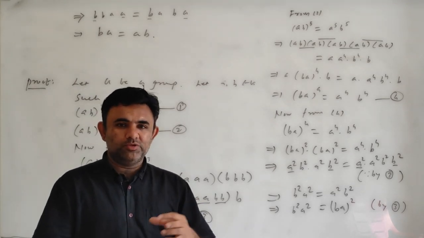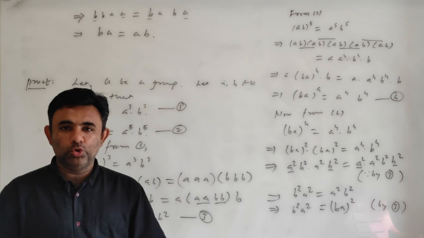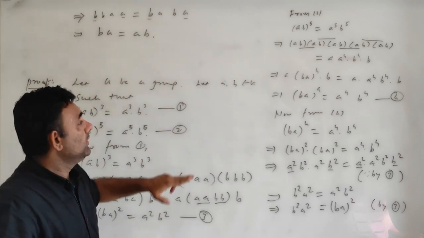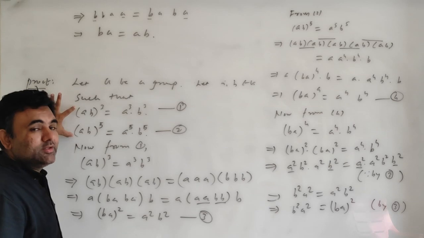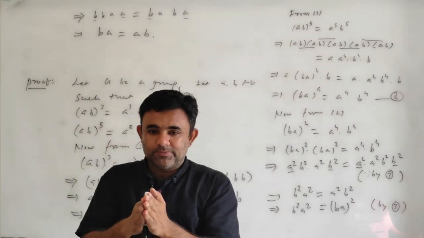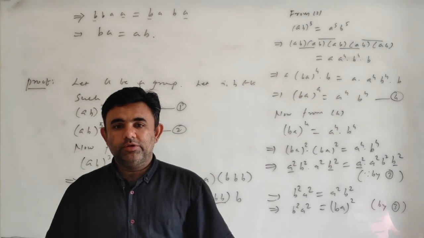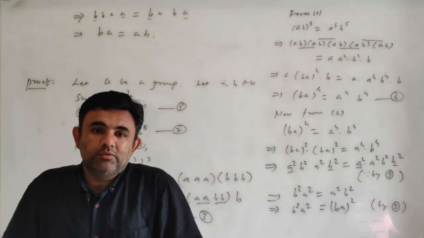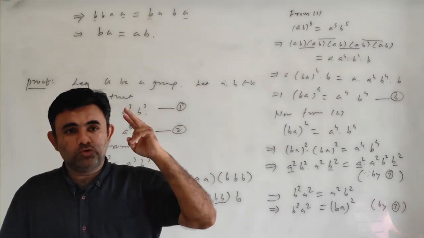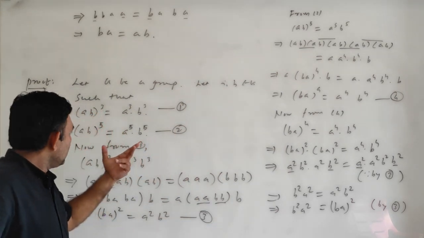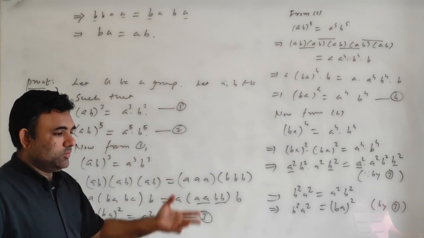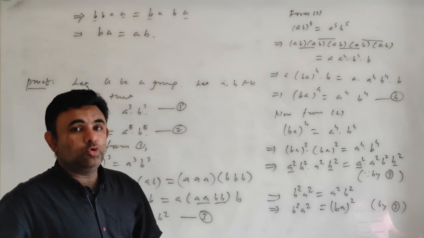and I frequently used associativity, the laws of indices and the cancellation law. So with the help of these three things, which we can do in a group, we can prove ab equals ba if I have these two things. So if the 3 power and 5 power can distribute individually, then the group will also be abelian, for 3 consecutive integers or 2 power or 3 and 5 power. So then we can claim that the group is abelian.